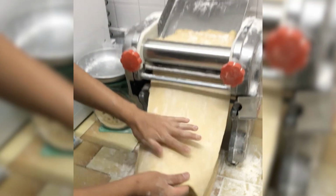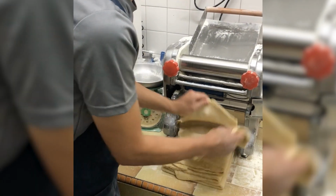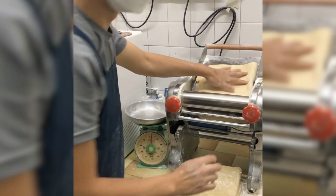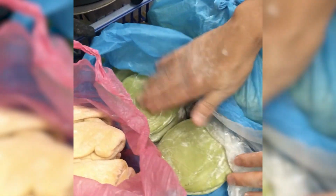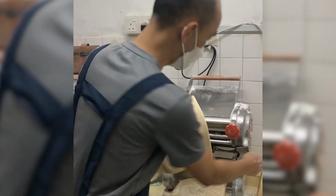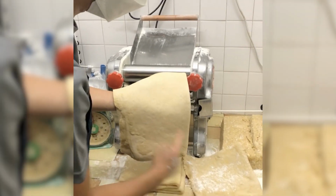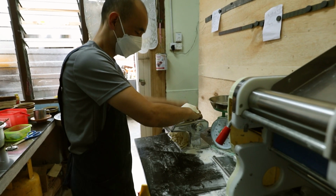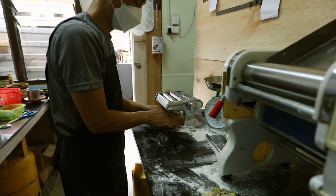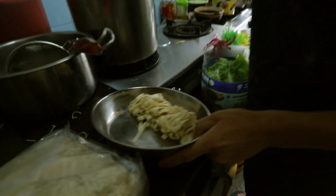We'll smooth. This is no smooth. So this one is smooth. Look, very smooth. Smooth. Look, the difference. So the water must be